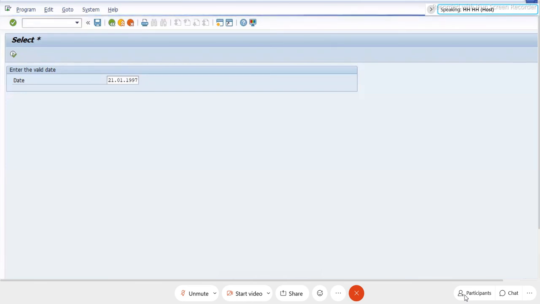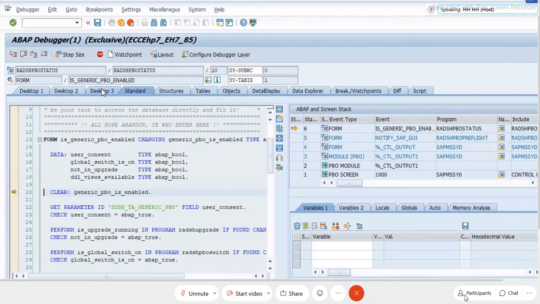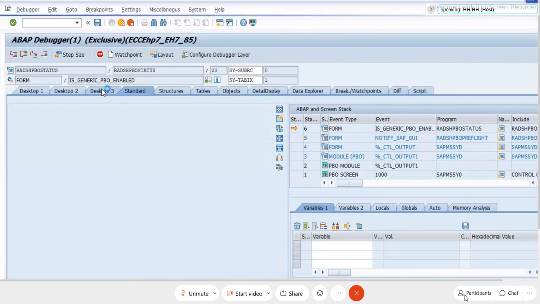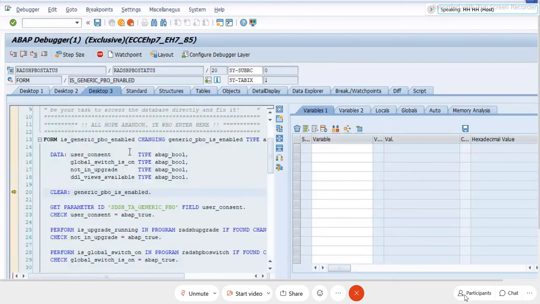When it is opening the sessions, you can see there are multiple tabs: desktop 1, desktop 2, desktop 3. Whichever one you want to use, the simple way is: here on the left side I should have our program, and on the right side I only want to see the variables. Okay, so you can see the left side has the program, and here the variable values are shown: internal table, work areas, all the local variables, global variables.